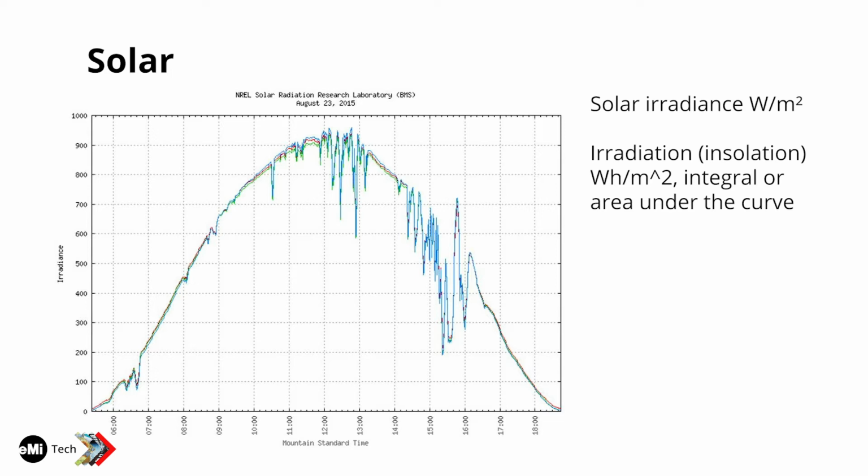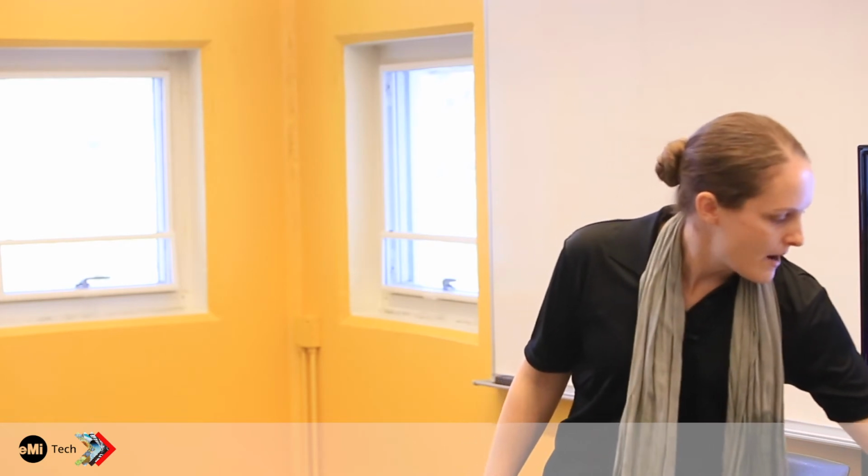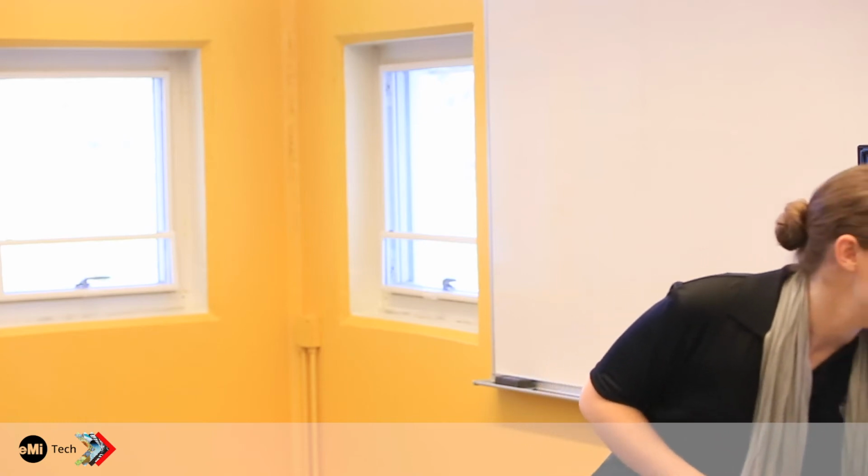But in general, it takes this nice shaped curve, and the max power is going to be around noon. Not max power, but when you actually want to make sure you're harvesting it: if you can harvest all the area under the curve from about 8 a.m. to 4 p.m., you get the majority.